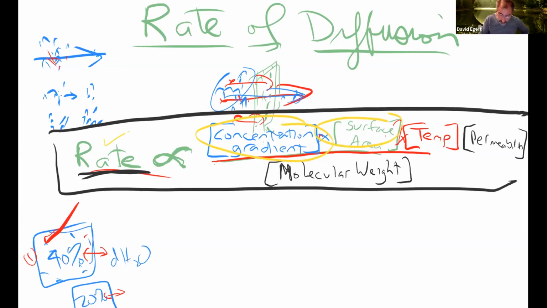More surface area to move across, higher rate. Higher temperature, a higher rate. Greater permeability, meaning it's easier to move through the membrane, higher rate. Higher molecular weight of the things that are moving, that's going to be a lower rate. The reason we have this inverse relationship here,